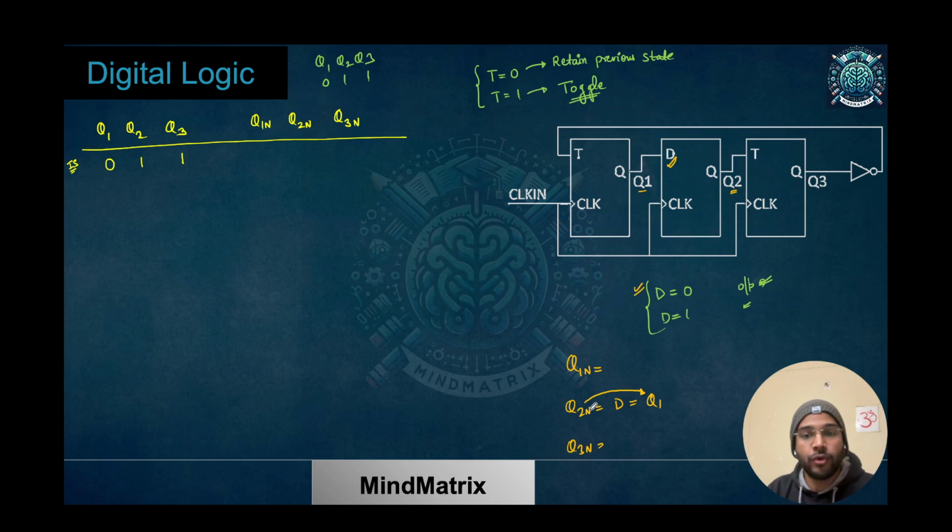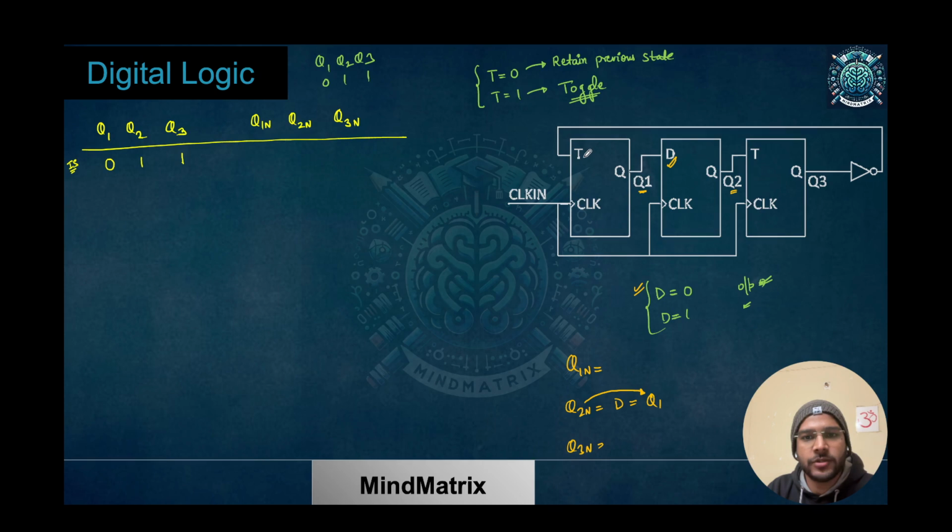So here Q2n is taking the input as D, and D is what? Q1. The Q1 value we are giving to D, and whatever is your input, you will be getting that as the output in Q2. Clear? So this is the equation for Q2n. Now we have to write the equation for Q1n and Q3n also. So let's